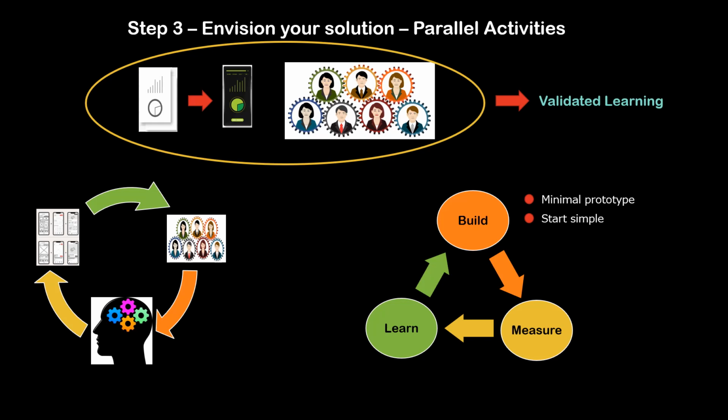The next stage is measure, where we test the prototype with the real users and get feedback from the customers, either directly by talking to them or indirectly through data collected from the prototypes. The third stage is learn,